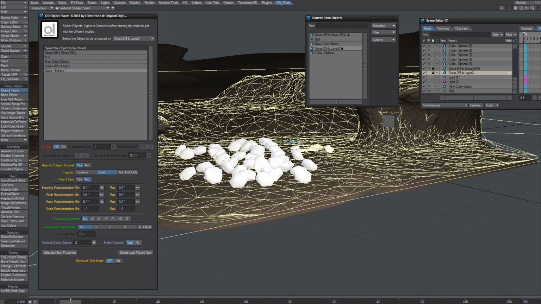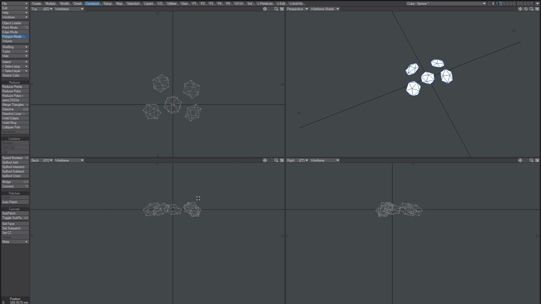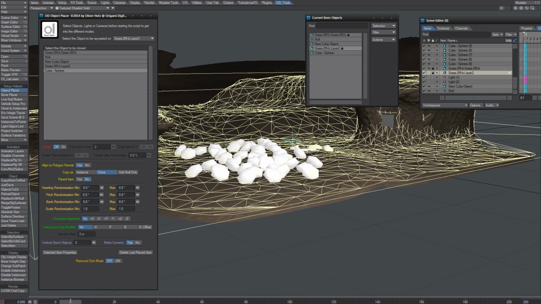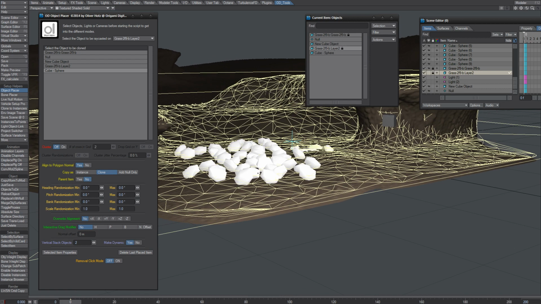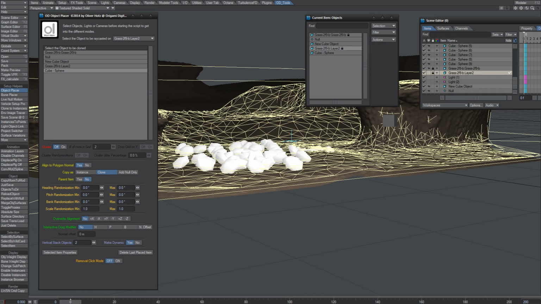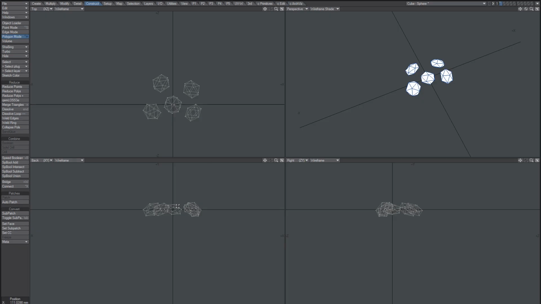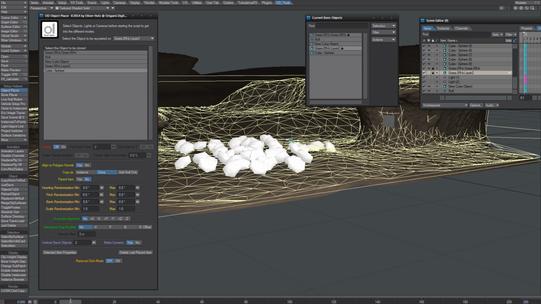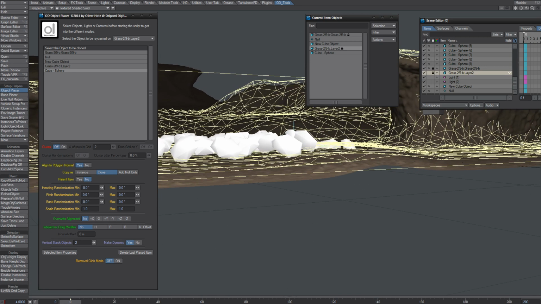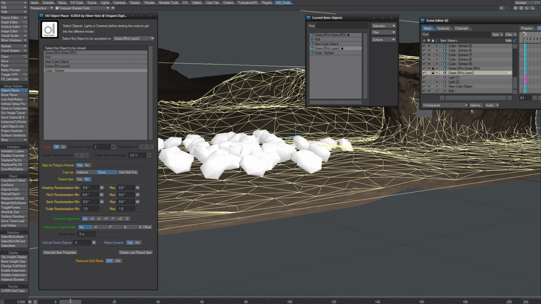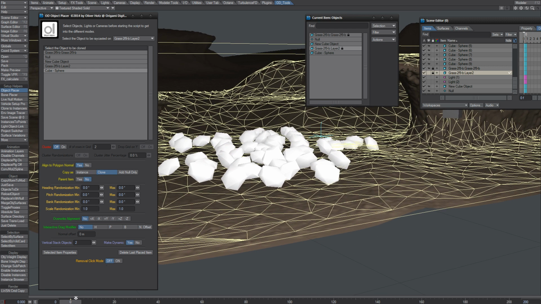Well, either I could move the rocks up in Modeler, or I could place the ground higher. You know what? I think actually it would make more sense to have these rocks slightly higher. So now it's more like it. If I scrub the timeline now,